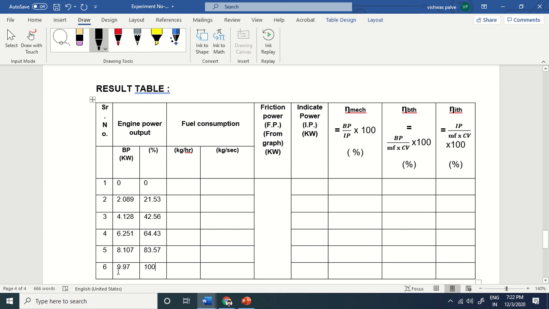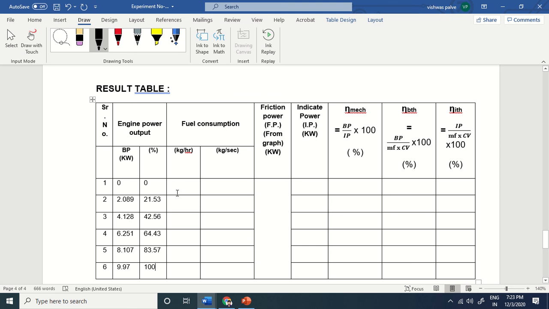Please note that because this value is 9.97, it will be coming around 107. But the engine cannot produce that, so there is some error while reading. So let us take that as 100%. So we are increasing the load on the engine from 0 to 100%, that is the brake power